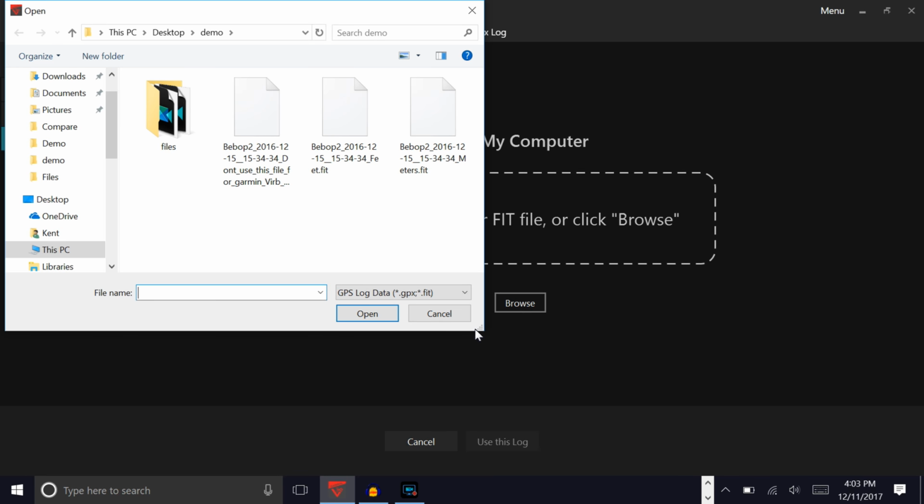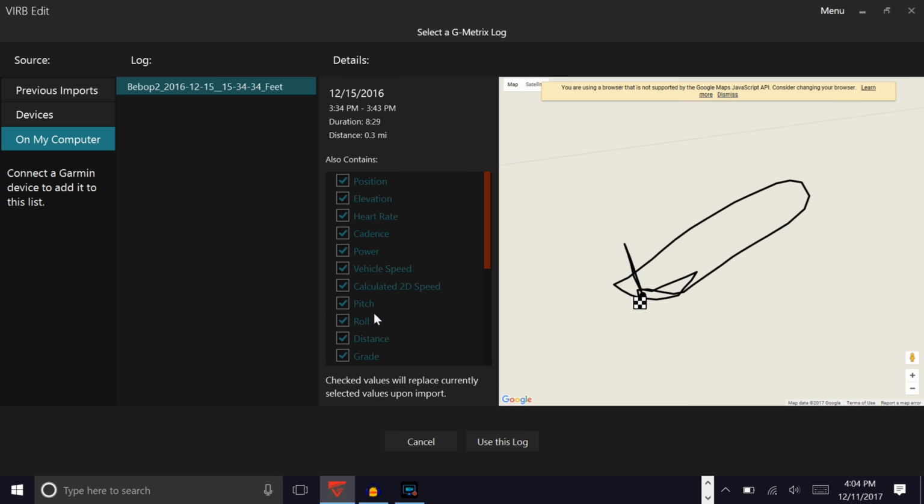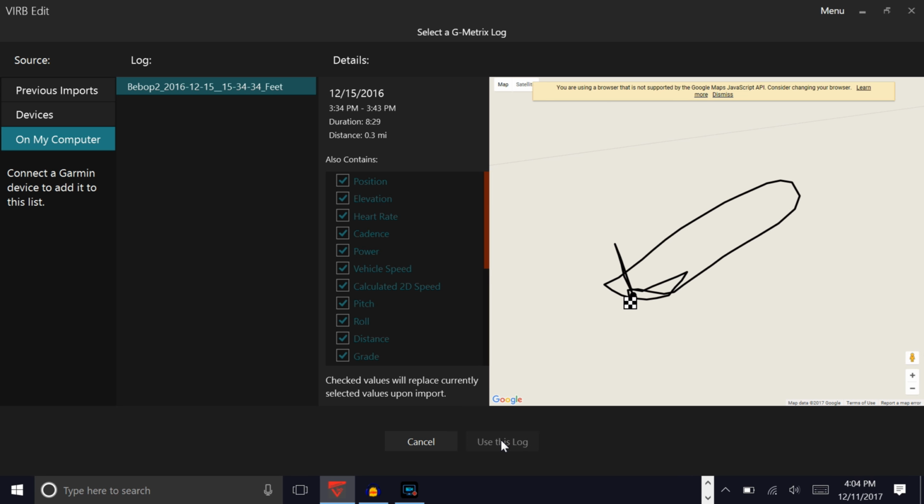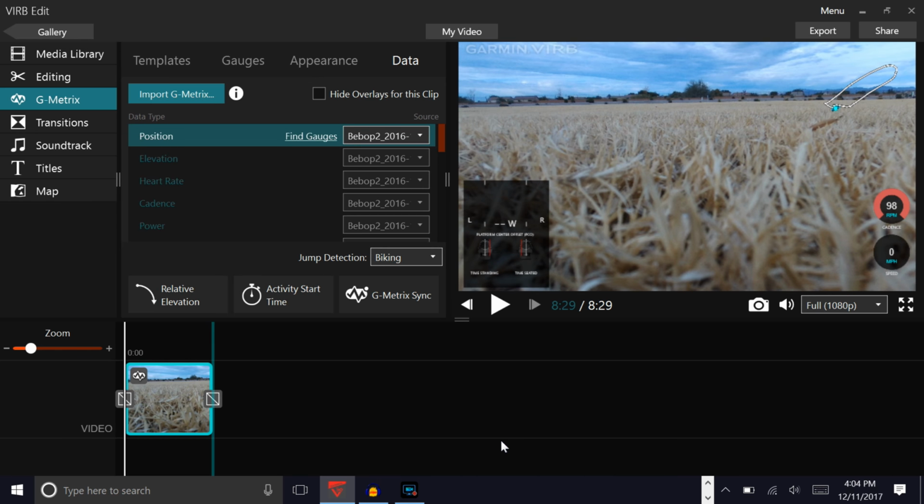You'll have to search around for yours. This is the file that we would use for feet. This is the file that we would use for meters. But living in the United States, I'm going to use feet. So we click on that. Oop, click on Open. And as you can see over here on the right, that's kind of a pattern of my flight that day. So I'm going to come down and click on Use This Log. All right. Now then,